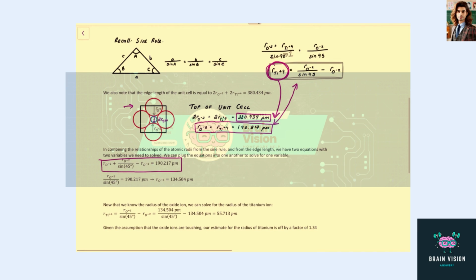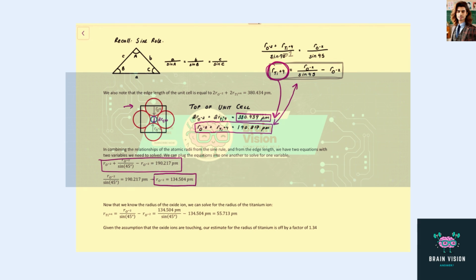And I have done that with this equation here, wherein I've plugged the equation for the radius of titanium into this equation, which gives us the length for half the edge length. And once we isolate for our variable, which is the radius of oxide, we should find that the radius of oxide is equal to